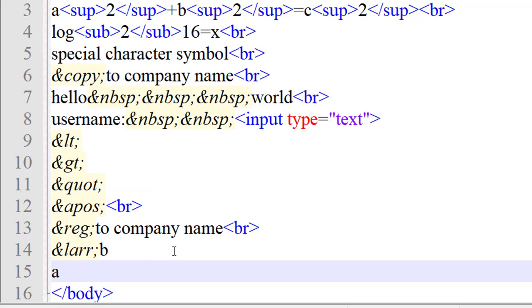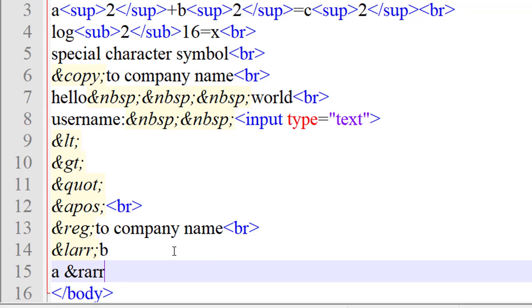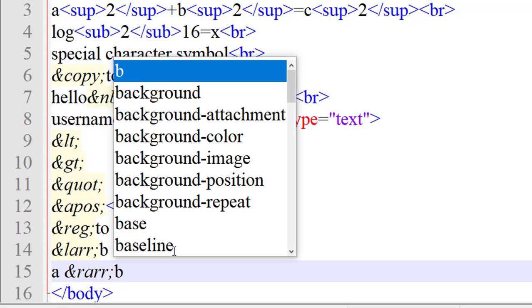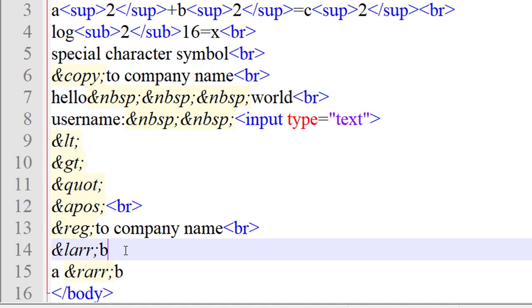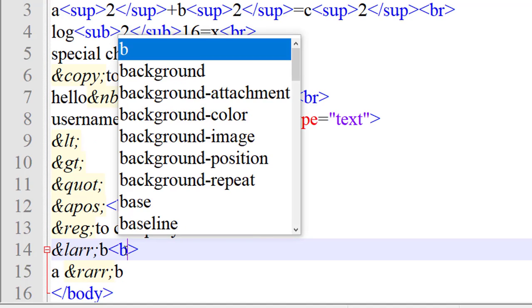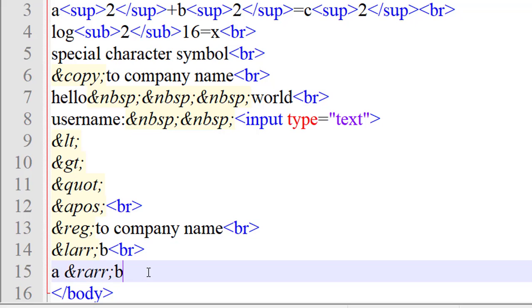A ampersand RARR, right arrow, semicolon B. Just save this and run it. Okay, A, right arrow, B. Okay, I want this in the next line. That's why I will apply the break line, BR tag. Okay, just save this and yeah, you can see there.